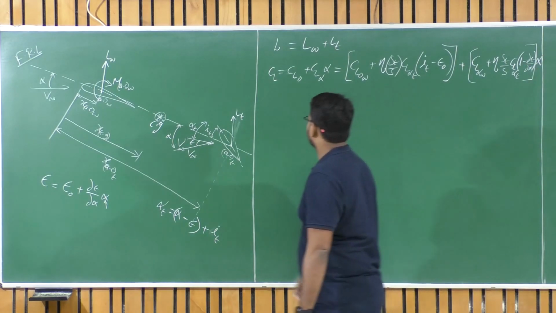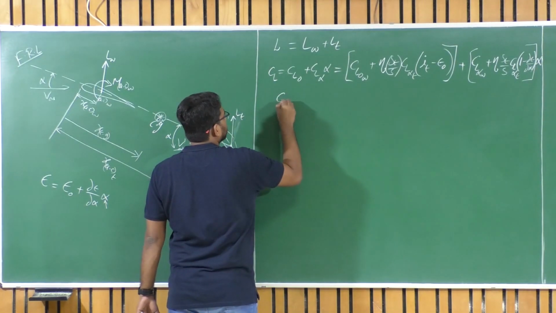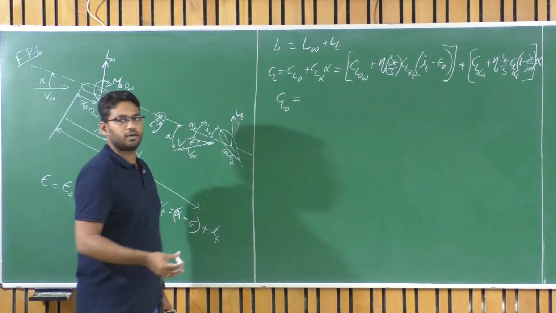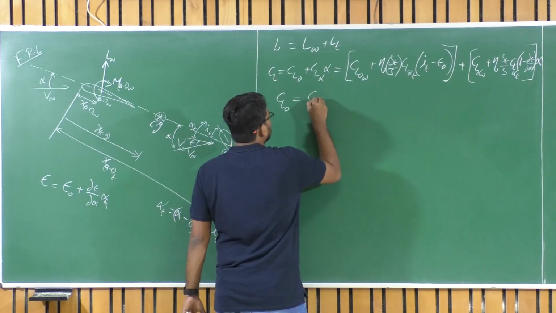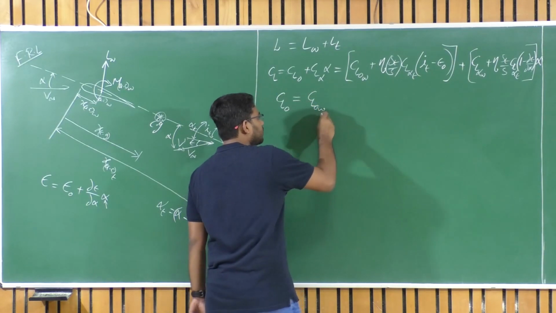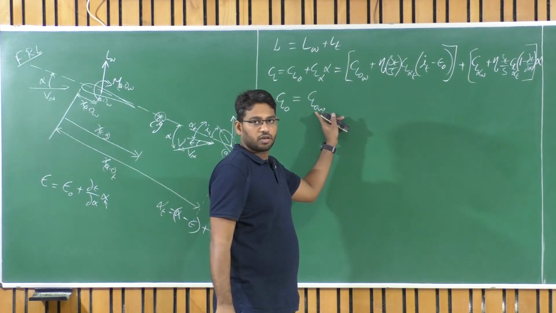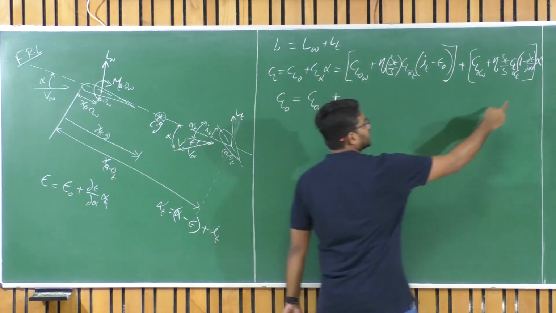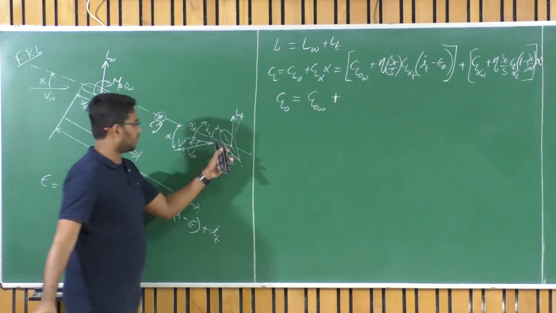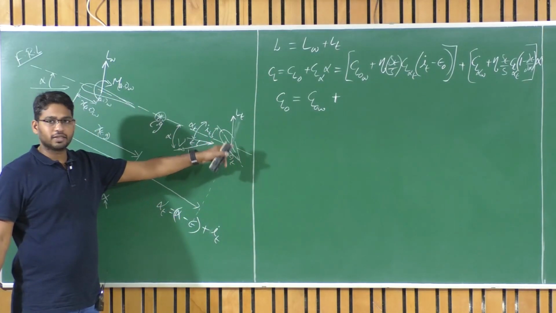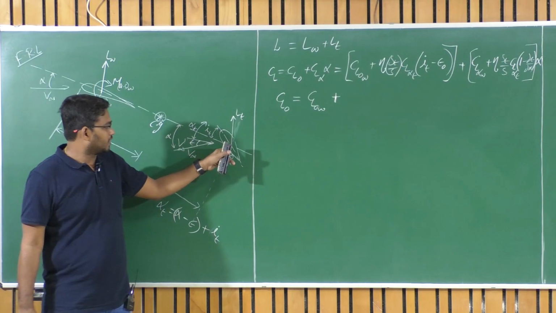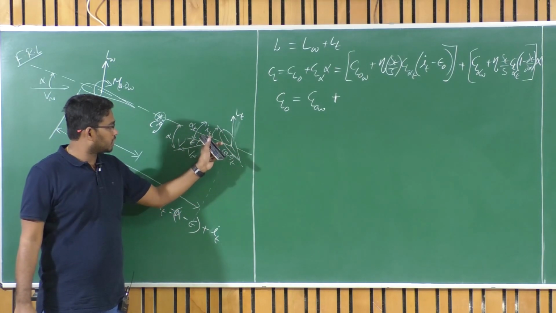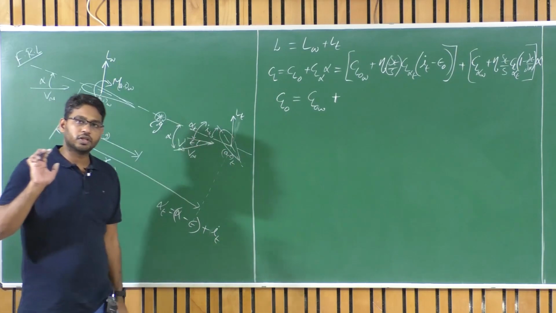Right. So with this, by comparing the coefficients and constants of alpha, what we have is that the total zero lift coefficient of the UAV is contributed from the zero lift coefficient of the wing, and there is a correction factor due to the tail setting. See, zero lift of the wing is 0, and of the horizontal tail is 0, because at zero angle of attack there is no lift coefficient, it's a symmetric aerofoil. So the contribution is because of the initial tail setting, which is constant throughout the flight.